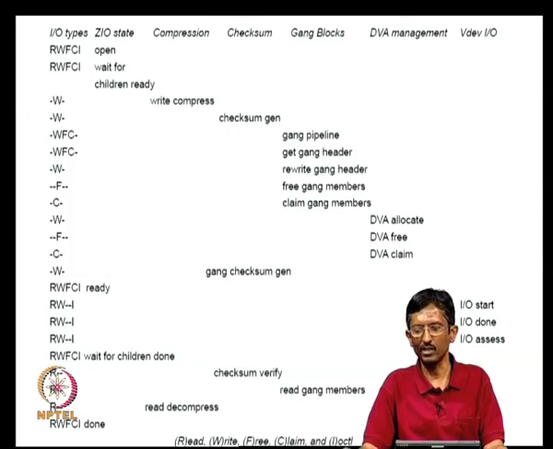Now you can start reading all the IOs, then wait for all the children to be finished, all the sub IOs to be finished. You verify the checksum, okay, and then it may be that you need to decompress it, because the read also could be compressed, I have to decompress it. Okay. So the read logic will be slightly different, okay, from the write. The read logic will basically go from open the device, wait for children to be ready, do the decompression, verify the checksum,